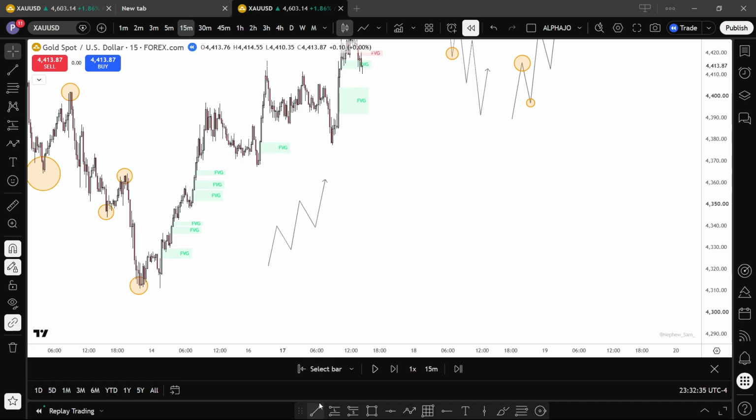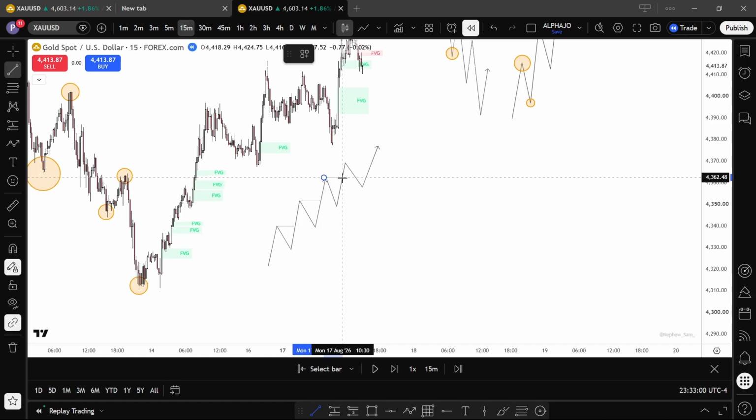So we mark this as our break of structure. This will be our first break of structure, this will be our second break of structure, right? As long as price keeps creating higher highs and higher lows, and price is breaking all of them,